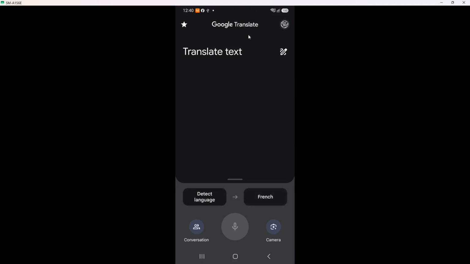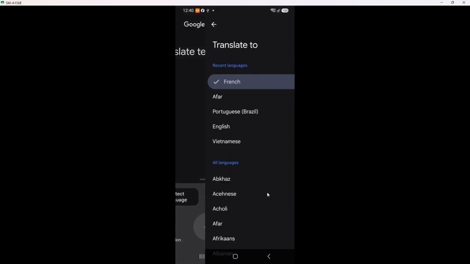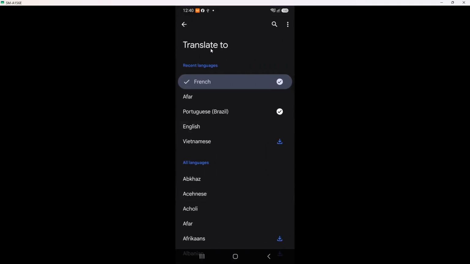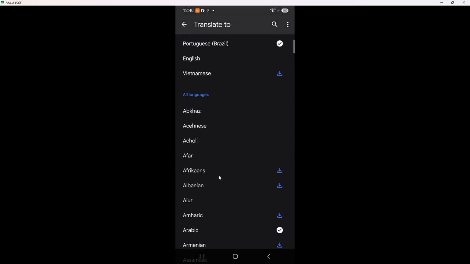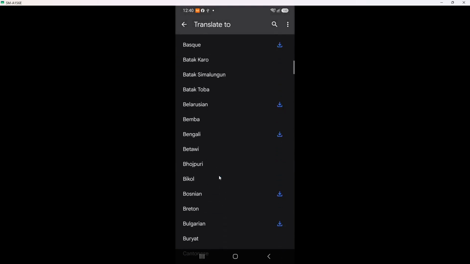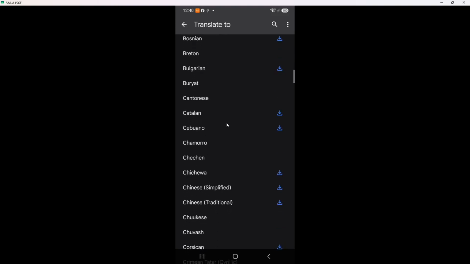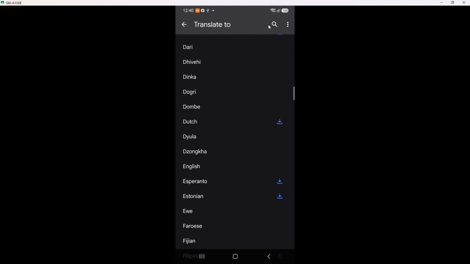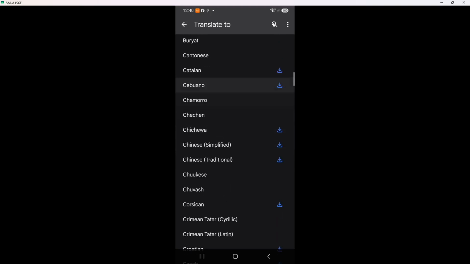From here, tap the language button on the right side so you can choose the language you want to download. A list of languages appears, often with a search bar at the top and a long alphabetical list below. In that list, either scroll down until you find Italian or use the search bar at the top and type the word Italian. When you type, the list filters in real time, so Italian should appear as one of the first results.